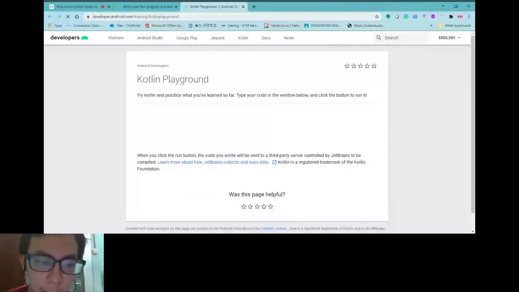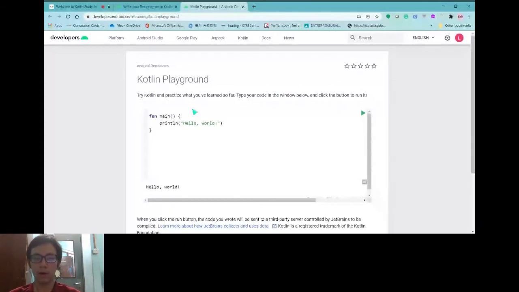To explain this, I guess most of you have learned Java maybe in your first year, and you already have some knowledge about programming. The syntax here is a bit different, but the concept is more or less the same as Java.